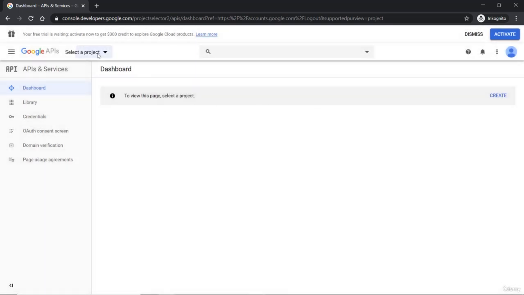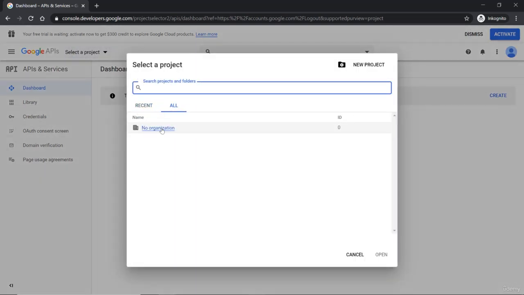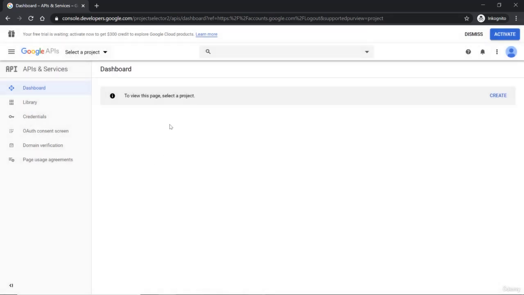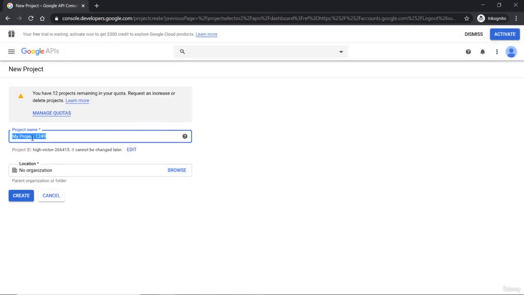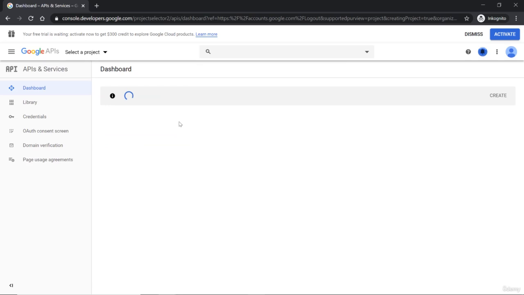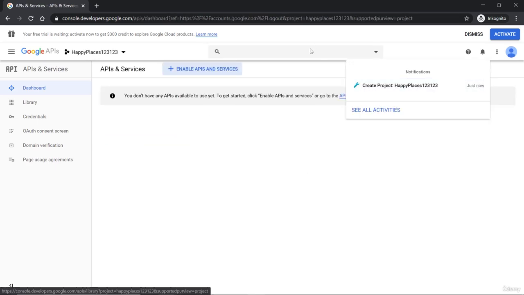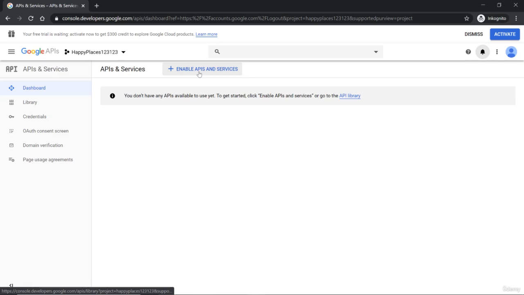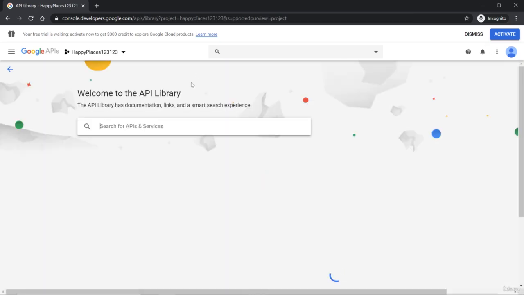All right, at this point, you can create a new project. You can see there are no projects yet in this dashboard that I'm using. So you can go ahead and create a new project, and then you can give it a project name. I'm just gonna call this one Happy Places 123 and click create. This will then take a little while, and once that is done, you can go ahead and enable APIs and